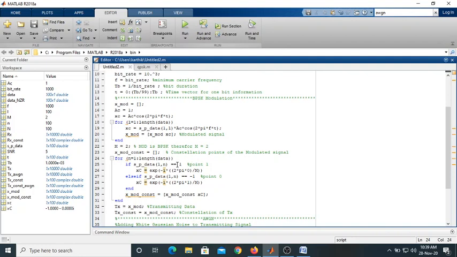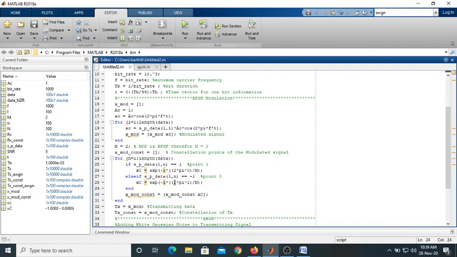Okay, now you know already, the signal vector depends upon the phase of the carrier. So for the data, if the data is 1, the phase is 0. Here I have written x equal to e power minus j 2 pi into 0 by m. So 2 pi into 0 by m is 0, and e power 0 is 1.